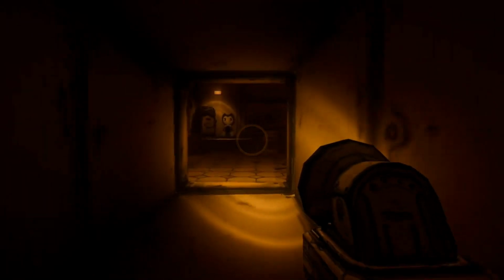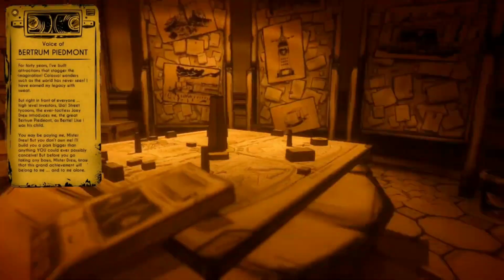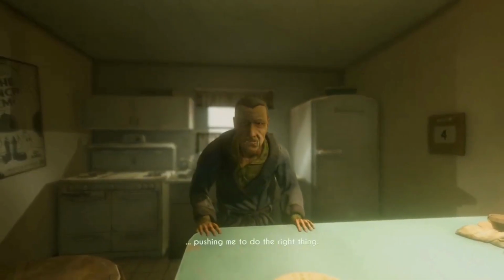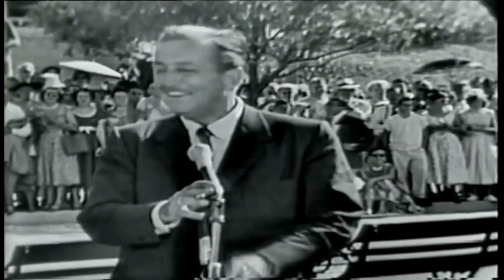After leaving the vents, we have to head up some stairs so that we can pull a lever to enter the warehouse. However, there is an audio log from Bertram Piedmont, the main architect behind Bendyland. Joey had this idea to make a theme park based around Bendy, a lot like Disneyland, and bring on Bertram